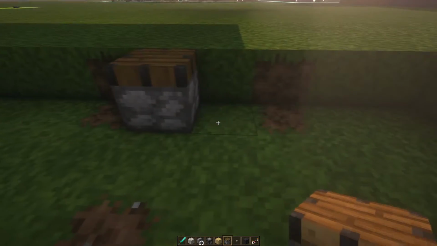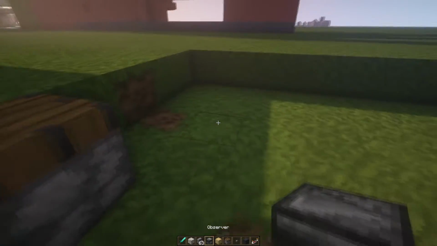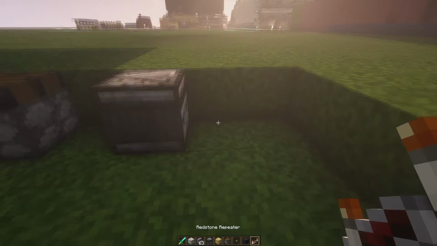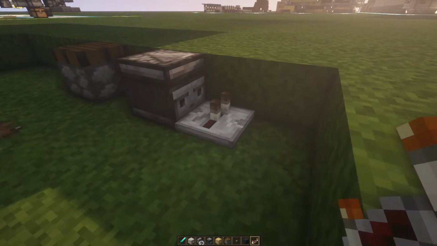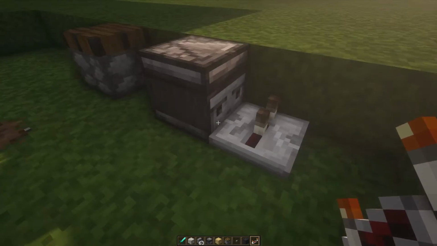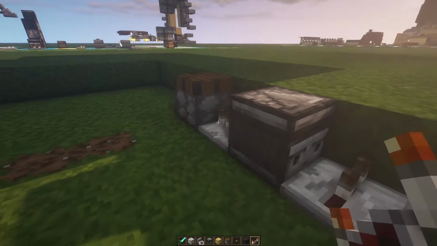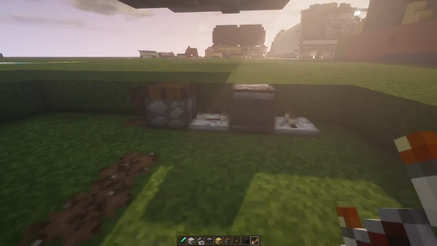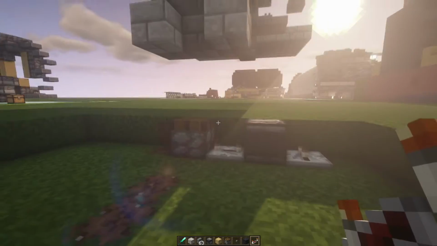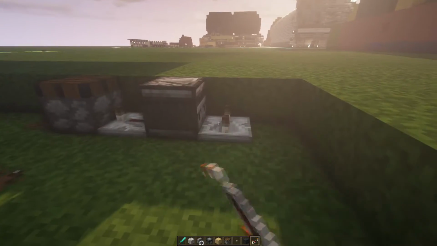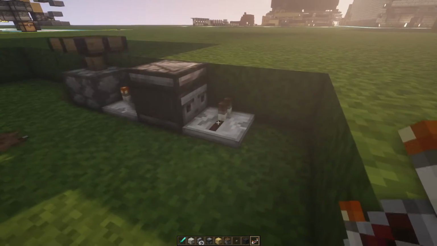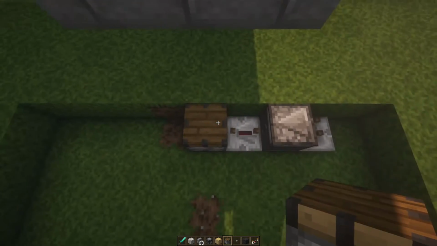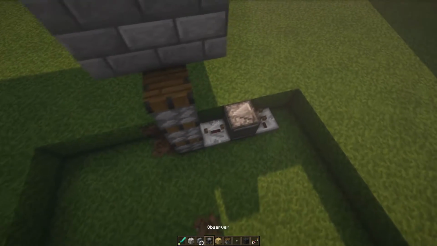And then what you're going to do is skip a block, grab an observer, and place an observer right here facing outwards. You're going to then grab a redstone repeater, place that on 2 ticks, and then afterwards, and only afterwards, you can actually place a redstone repeater right there on 4 ticks going into that sticky piston. You don't want to do it in reverse because you may have some wonkiness with this activating just like this. So once you're at this point, you can actually build 2 more sticky pistons up,